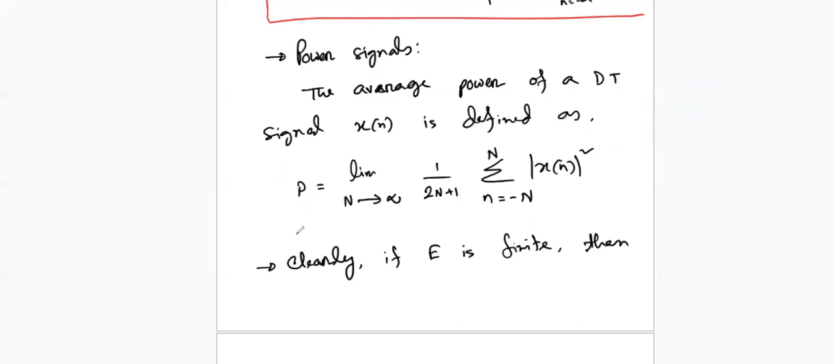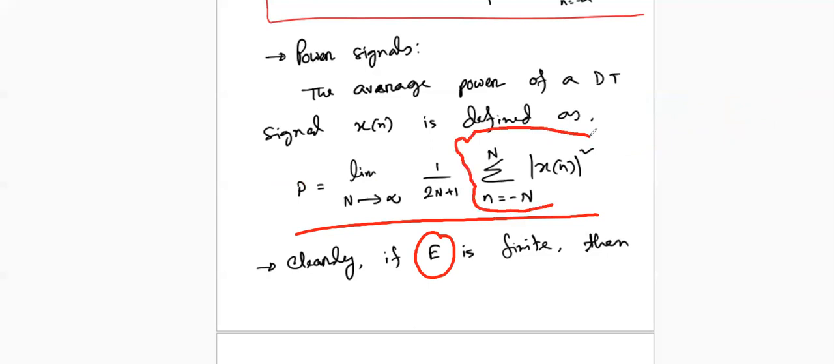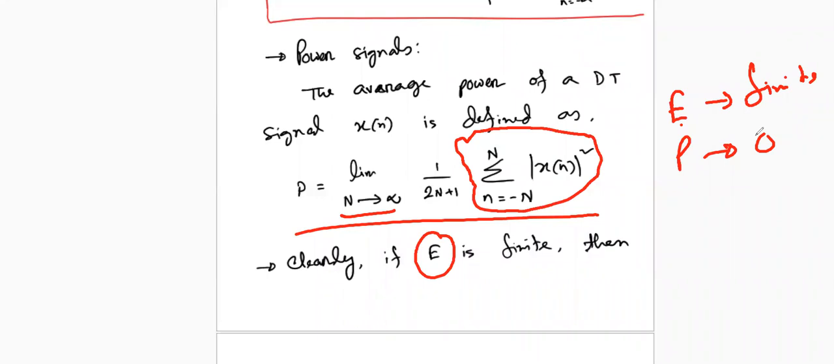Now, whether this is a power signal or not: if E is a finite value, try to understand, that means this part is finite, and it will be divided by an infinite number, that means n is from minus infinity to plus infinity. That means P goes very close to 0. So if E is finite, then P goes to 0, and that is obvious, and that is not a power signal. On the other hand, if E is infinite,